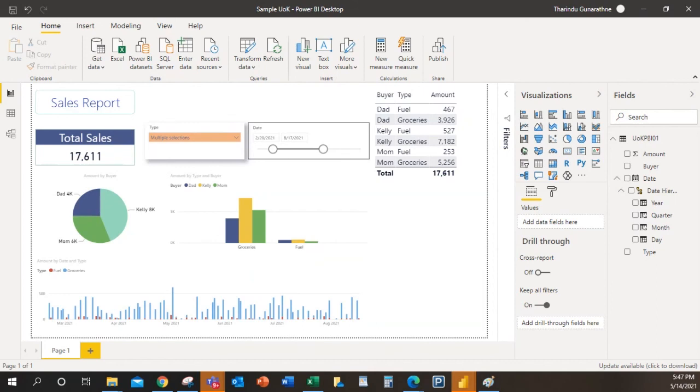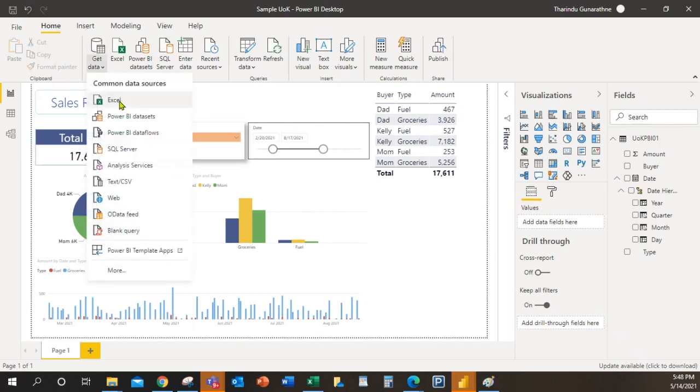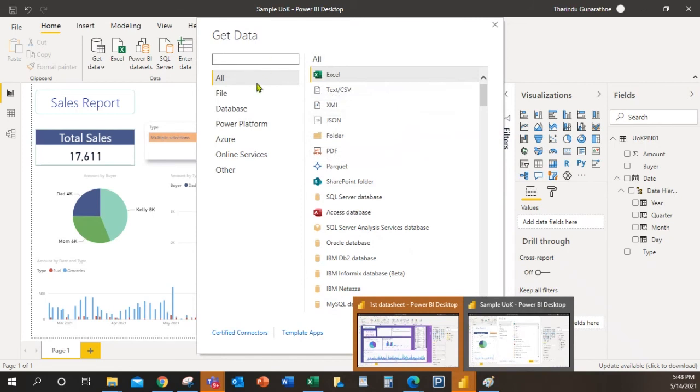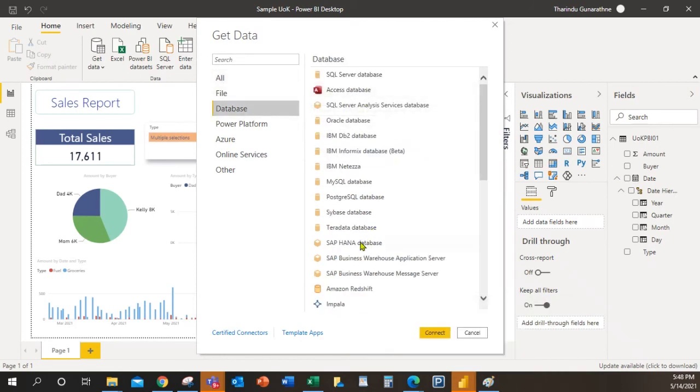If you are familiar with JavaScript, PHP and HTML, you can simply pin that dashboard and set the border and all. You can publish it in a website, and you can access the backend also, as I already mentioned here. Now let's say the backend database is MySQL. Yes, you have connectors to connect MySQL. Under database, you have many database connectors.